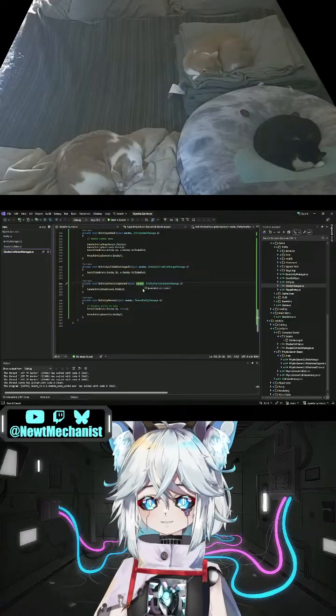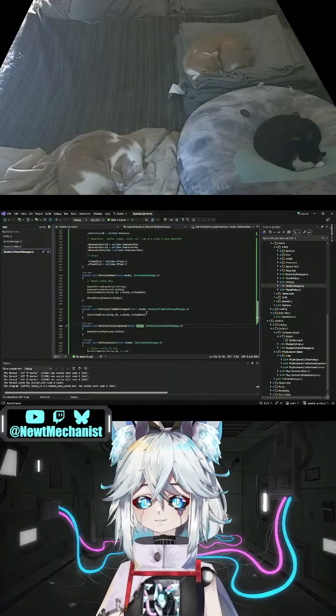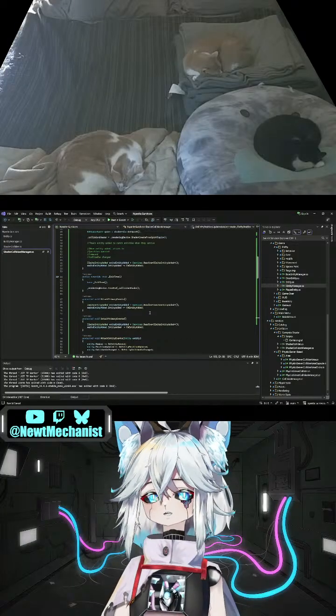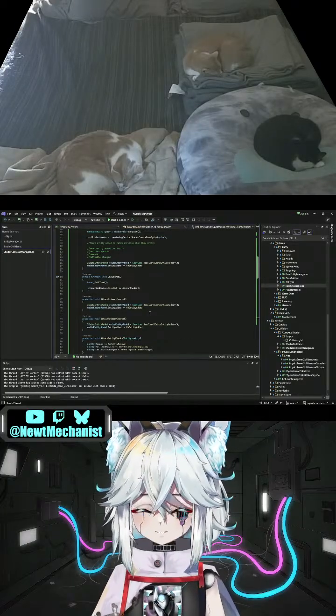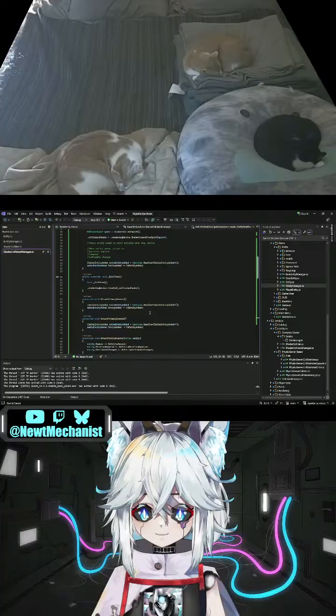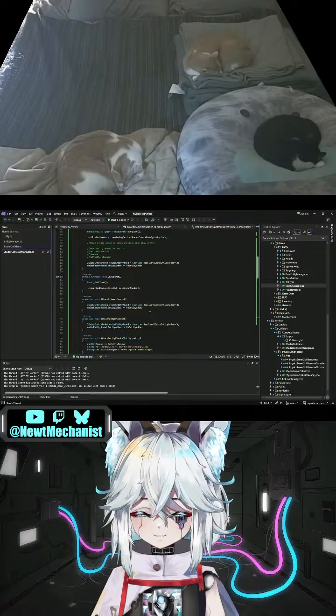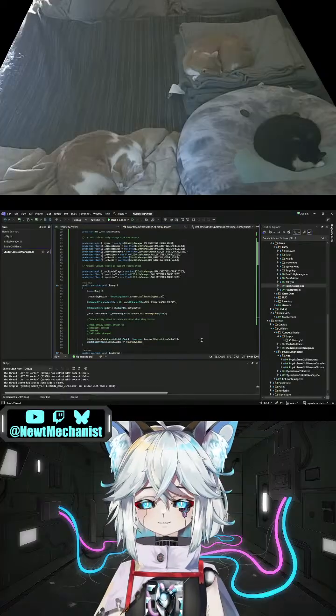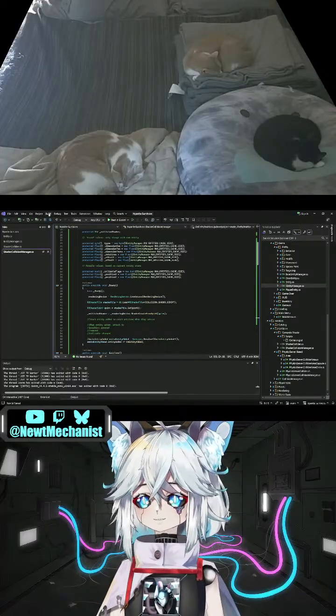And then we detach the events. So this will remove collision from it if we